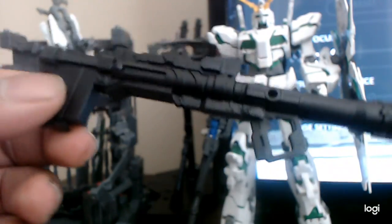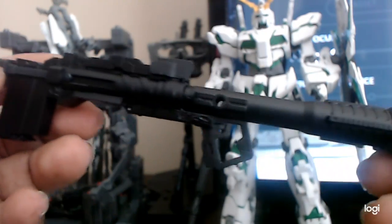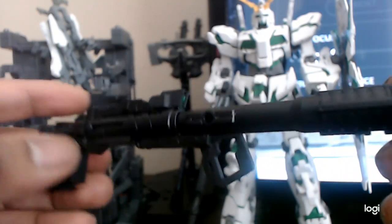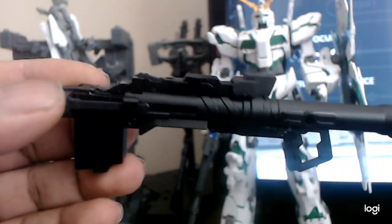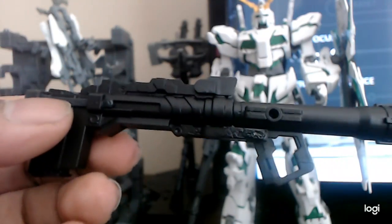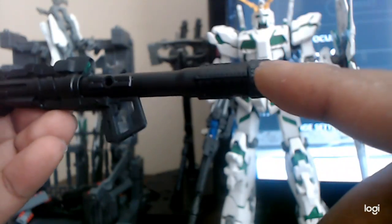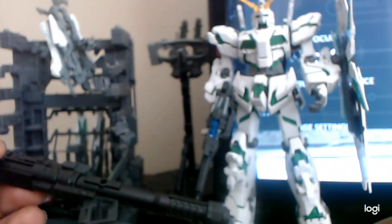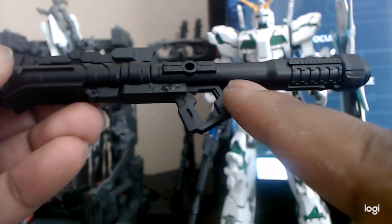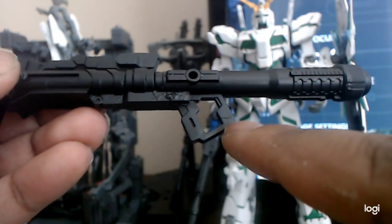And then there was the bazooka. Now you may notice it looks brighter and darker in a few areas. That's because I used the rubber black and the semi-gloss black. I was about to say gunmetal black. Maybe I should have used gunmetal back here, right here, or in a few spots. But what I did was, before I had the semi-gloss arrive, this handle I just kind of nicely sprayed around in the areas to paint it up in the